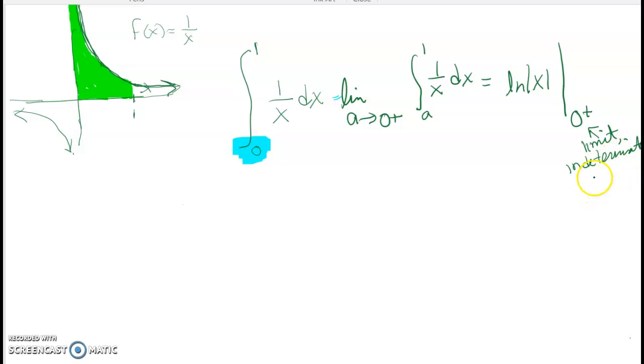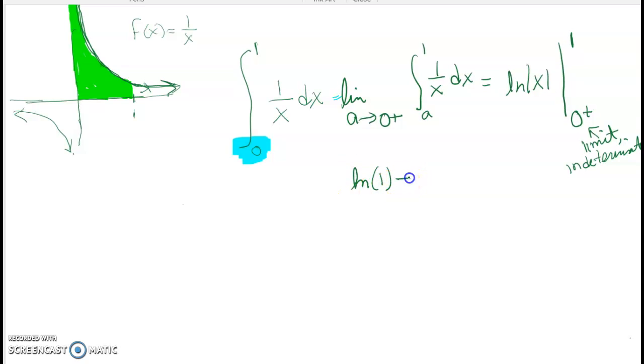Because for most limits, we can just plug it in and it can be a perfectly valid answer. So our first line of defense is just to plug in that 0. It's only if we get an indeterminate form that we're going to have to break that out and look at it as a limit. So from 0 from the positive side to 1,